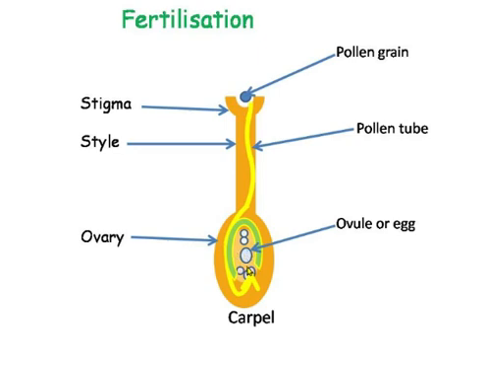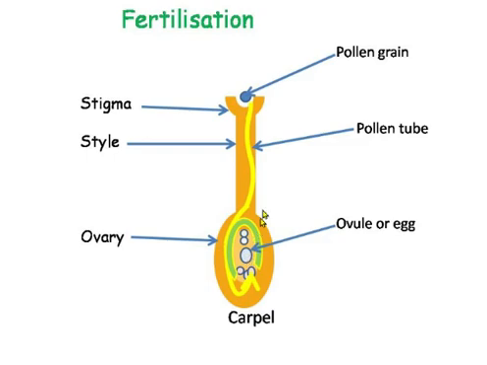After it fuses, mixes with the ovule or egg, it forms the fruit. The ovary becomes the fruit and the fused egg becomes the seeds. And through these seeds, we all know that when we sow these seeds in the soil, we get another new plant. So in this manner, the flower helps in reproduction.